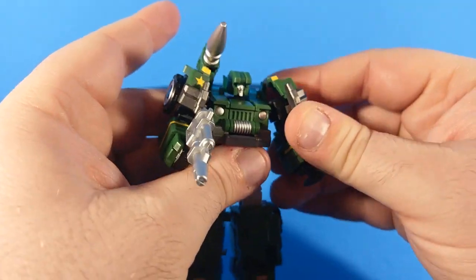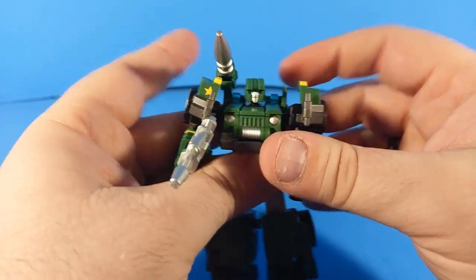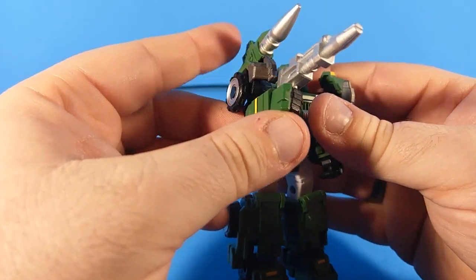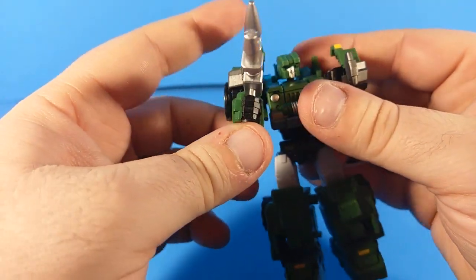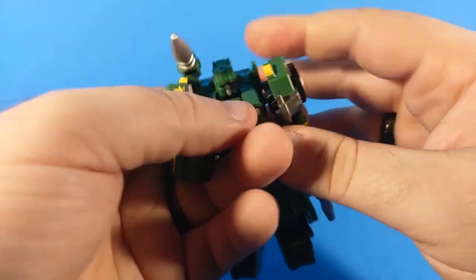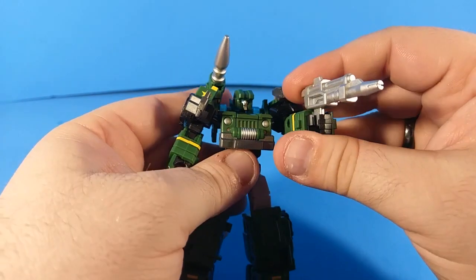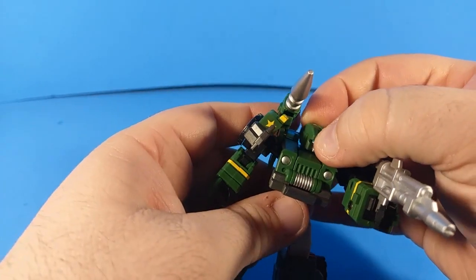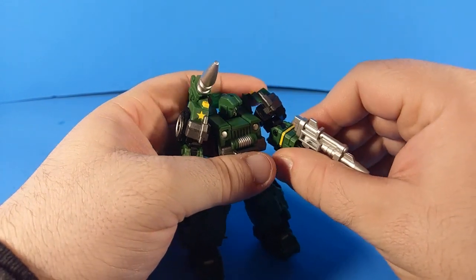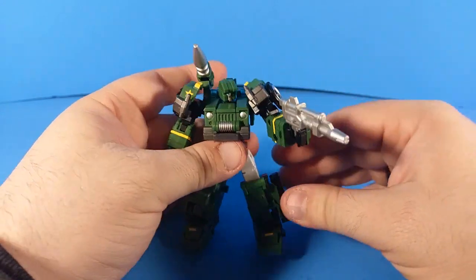His shoulder sections do want to fight with this little tab part here, and even more so when you've got this missile in the way. So he might actually be easier to pose left-handed if you've got the rocket on the right side. And I don't know if he's a southpaw or not. Being a robot, I don't know that it really matters. As far as I know, Transformers are all ambidextrous, right? It's the human failings that make us